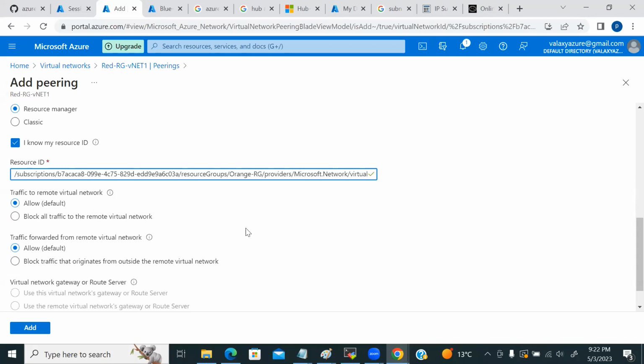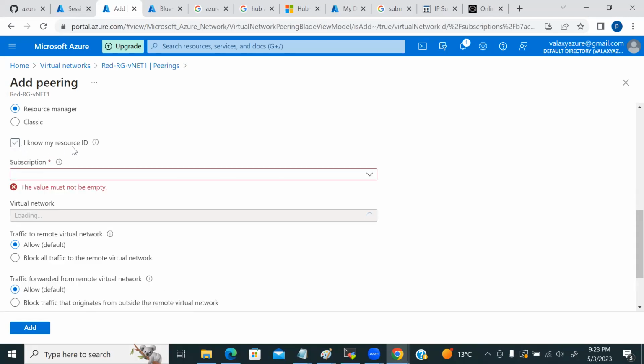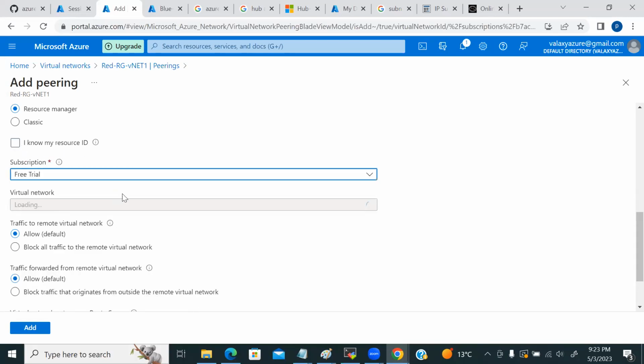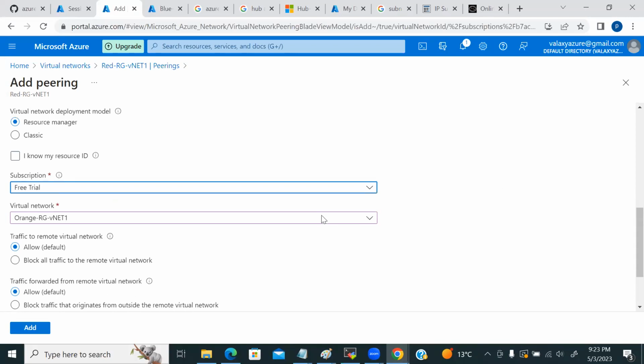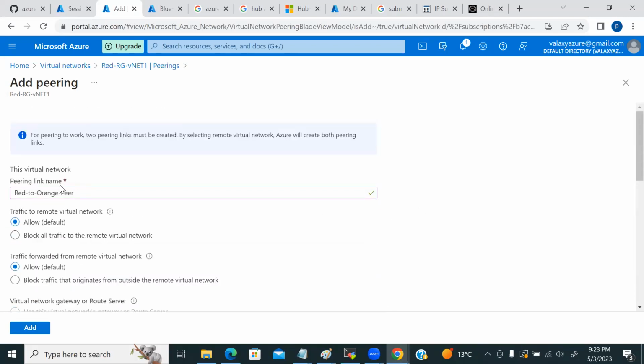Then once you provide that, it will connect, and it will create peering between your VNet and the other VNet. Like in the initial classes, someone was asking how to manage these multiple tenants, VNets, all these things. So this is how you can enable VNet peering between your tenant and another tenant. But as of now, we are not doing that. So I'll just remove this, the I know my resource ID option. I'll just select this free trial. Okay. So now this is how we are going to create,